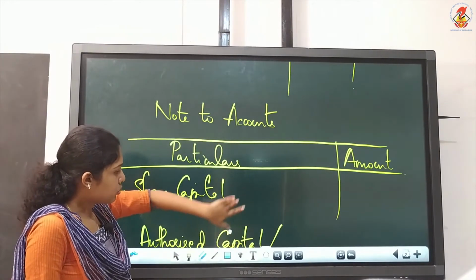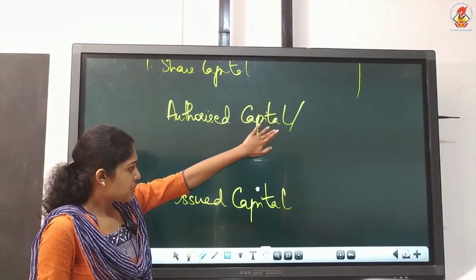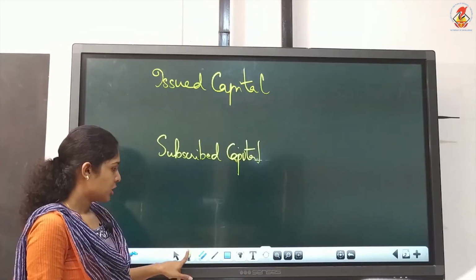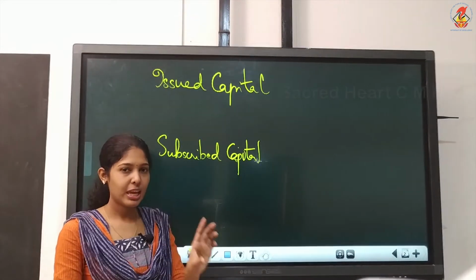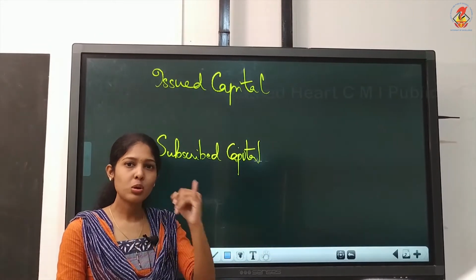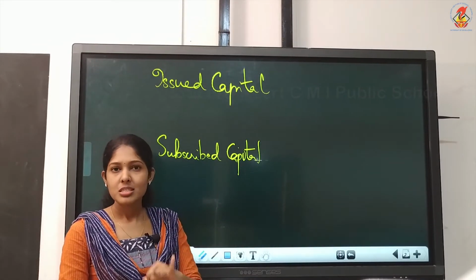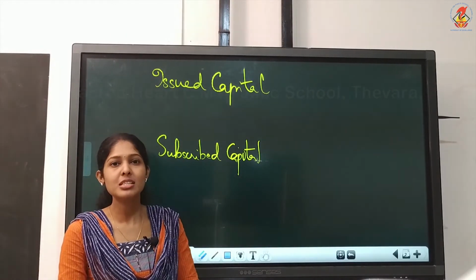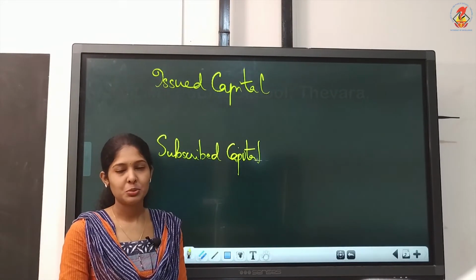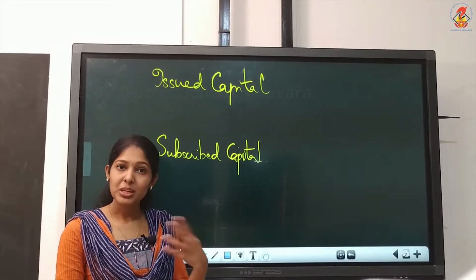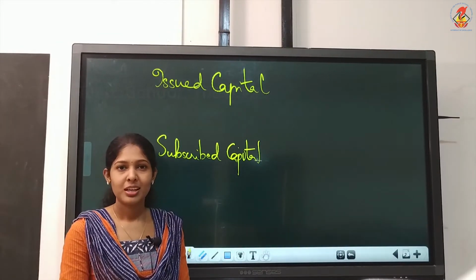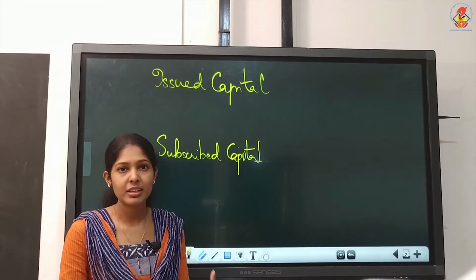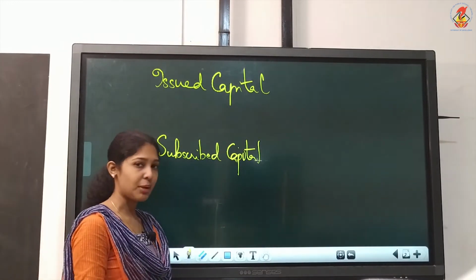Illustration 1 we'll do. Then under subscribed capital, again we have two divisions. You must listen to this chapter very carefully. First of all, it is not so easy to understand. Second thing is, it is important from an exam point of view. You need this chapter. It's lengthy also. It will take time for me to finish and for you to learn also. So listen carefully, study the portions daily. Otherwise, you will find it very difficult to manage this chapter.